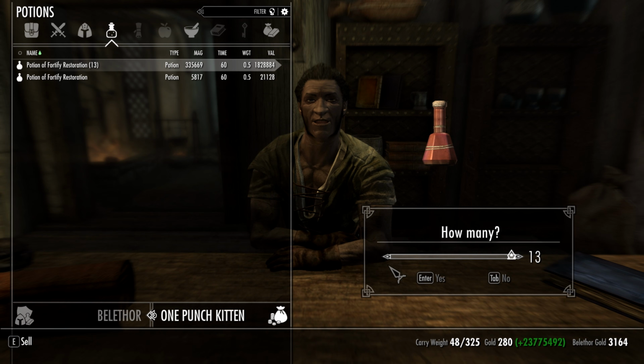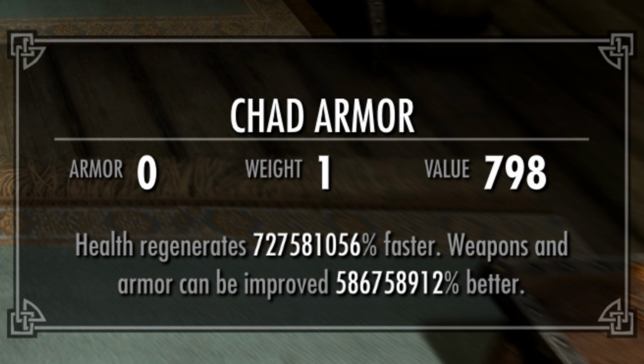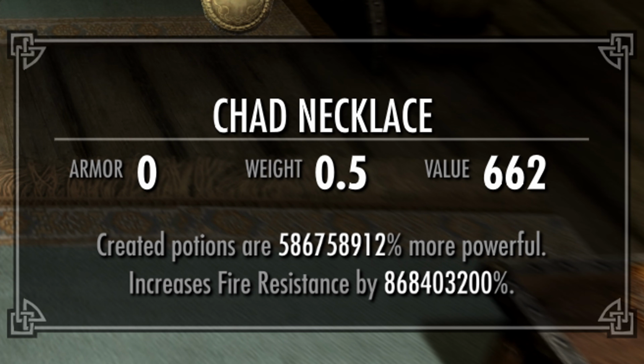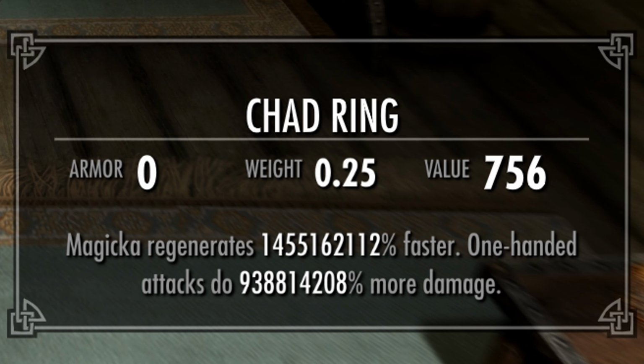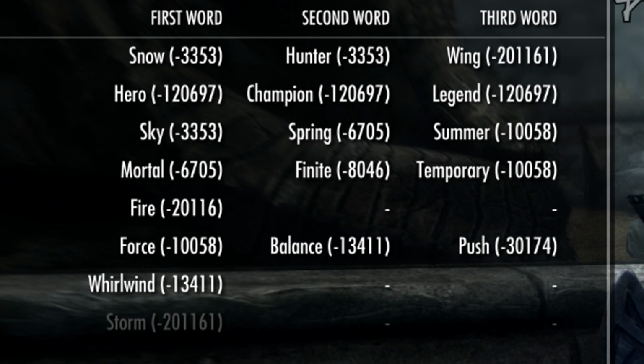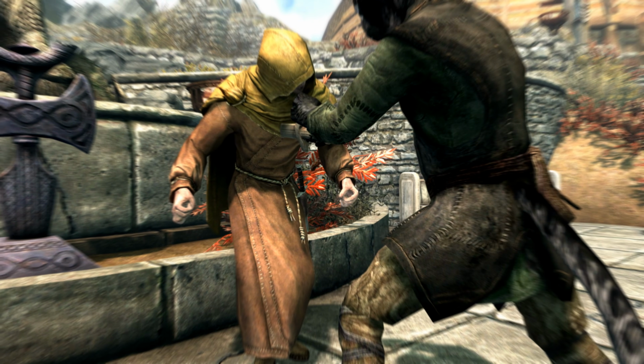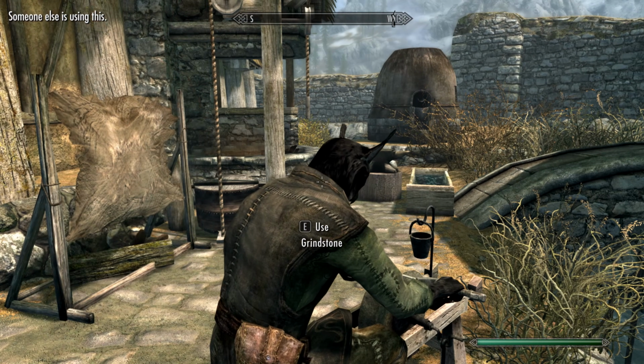This potion is so valuable that I sold one of them to a vendor and it instantly leveled my speech to 100. That's some Skyrim quality right there. These potions really are more broken than you can possibly imagine. 600% cooldown reduction? Oh baby, look at those negative cooldowns. Skyrim, time travel edition. Alright, so now all we need to do is smith ourselves a weapon and,